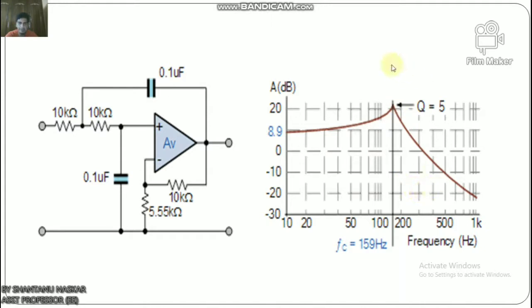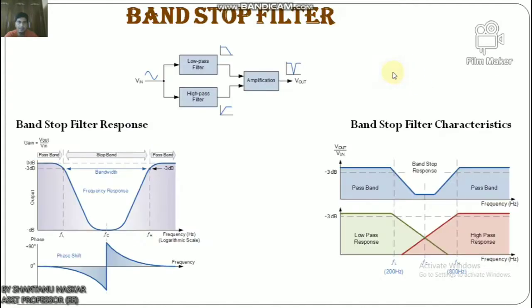After this I will start the band stop filter. A band stop filter, also known as a notch filter, blocks and rejects frequencies that lie between its two cutoff frequency points, and passes all frequencies on either side of this range. By combining a basic RC low pass filter with an RC high pass filter, we can form a simple band pass filter that will pass a range or band of frequencies between two cutoff frequency points.